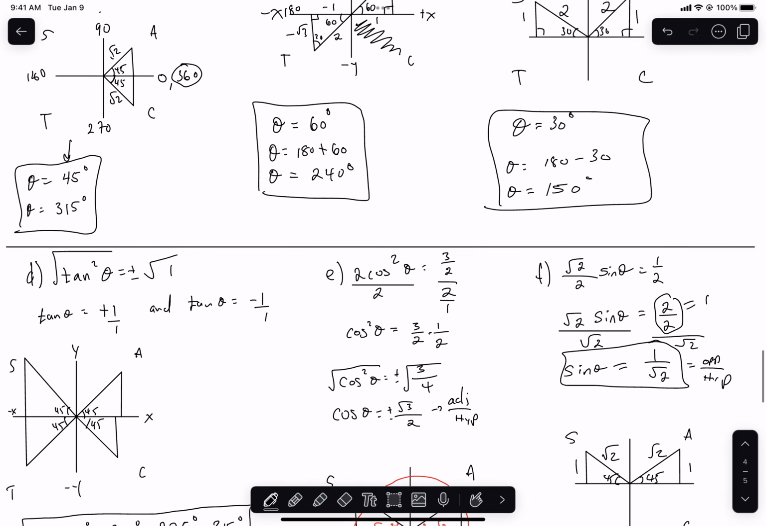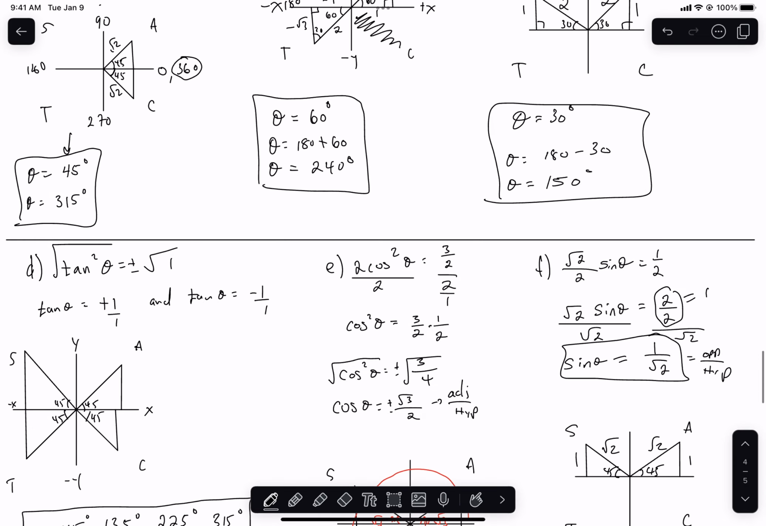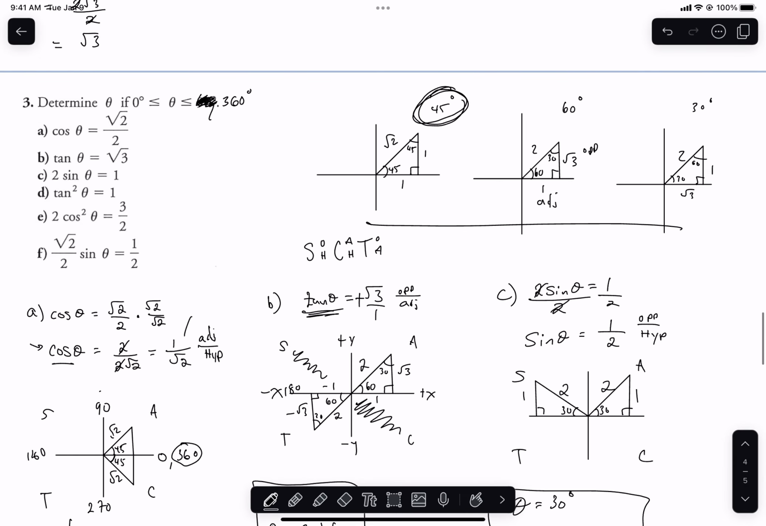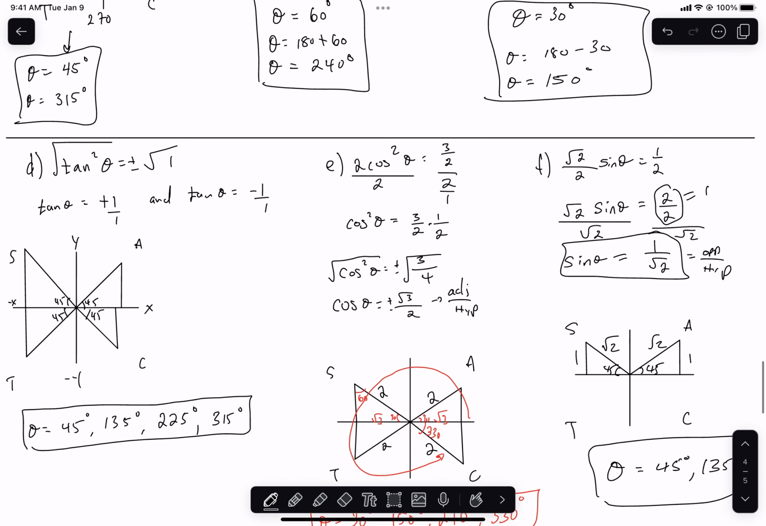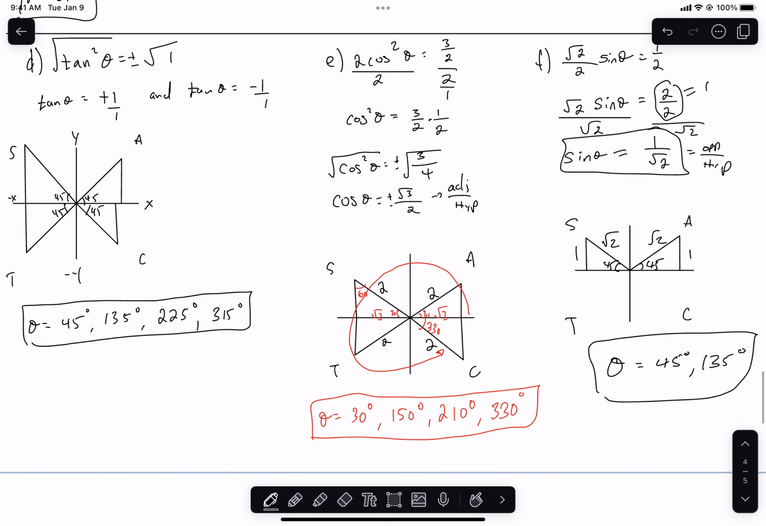Okay, so that's just a little recap of some exact value work. Those are a little tougher questions than what we've seen so far on this sheet, particularly D, E, and F. Just a couple of subtle differences there, okay? So we'll see you on the next